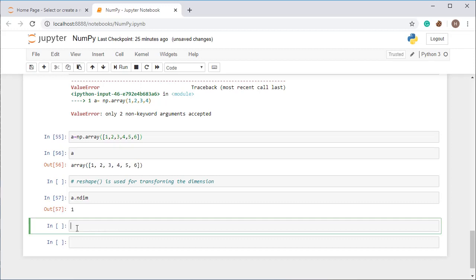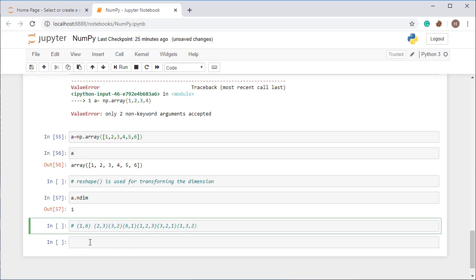So you can use these combinations: 1 comma 6, 2 comma 3, 3 comma 2, or 6 comma 1. You may also use 3 dimensions, like 1, 2, 3, or 3, 2, 1, or 1, 3, 2.